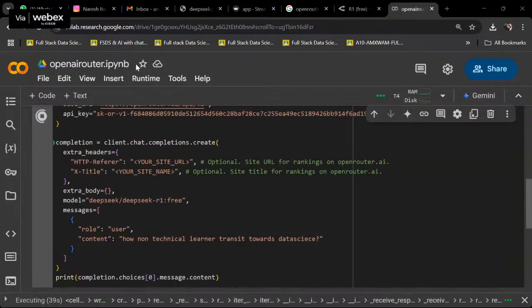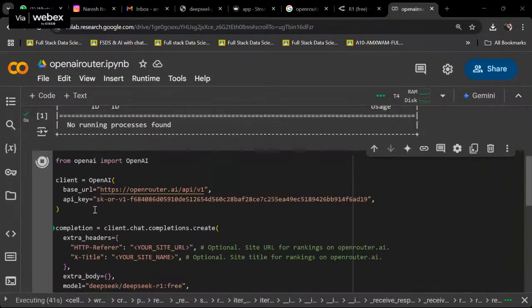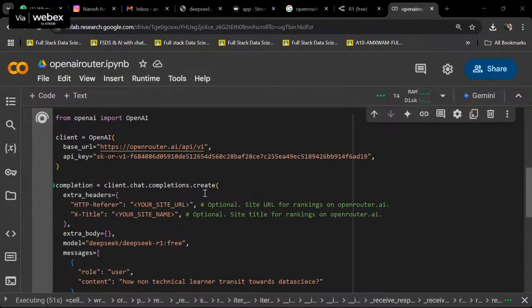It will take some time. You copy your API key and paste it here. Done. We'll copy this API key.